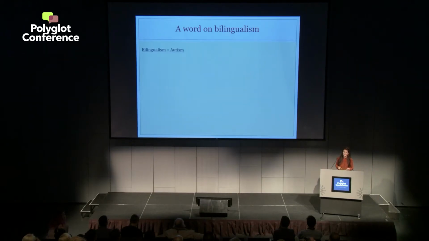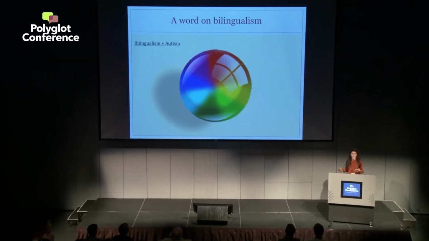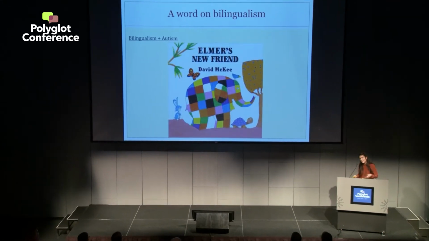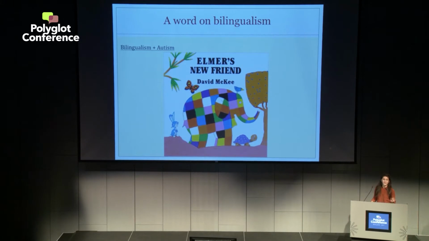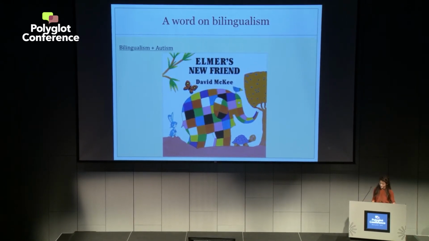As you can see, bilingualism is kind of like a spectrum as well. So when you cross these two spectrums, it gives something more like this. And then when you have to research that, it's kind of scary and complicated. So just for me, I prefer to see it that way, and then it is much more engaging and much less threatening. So now let's have a closer look at bilingualism in autism.